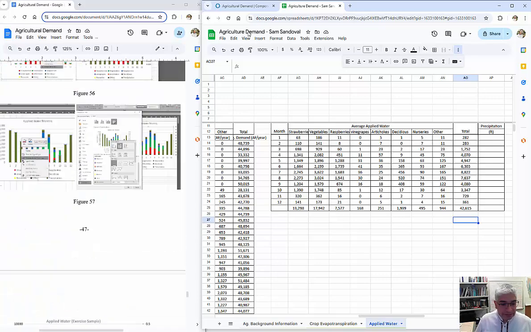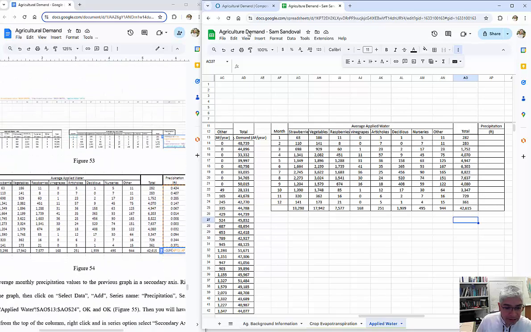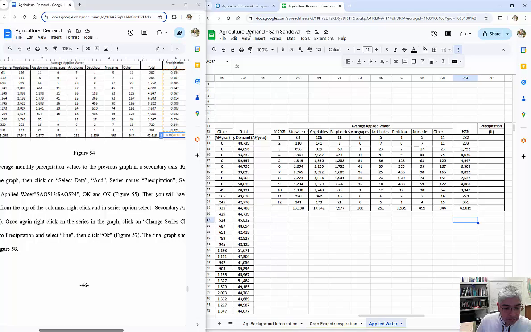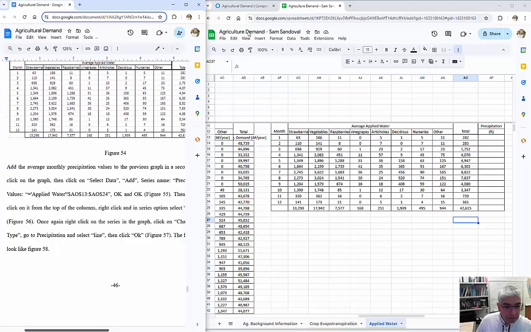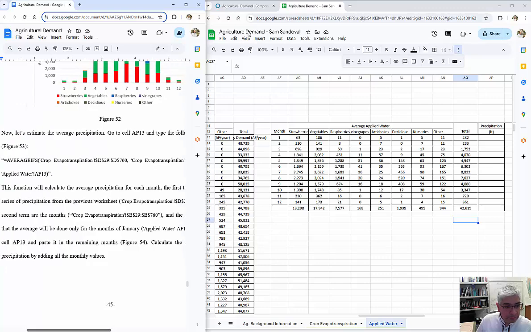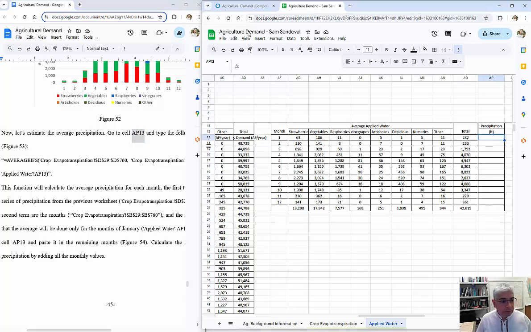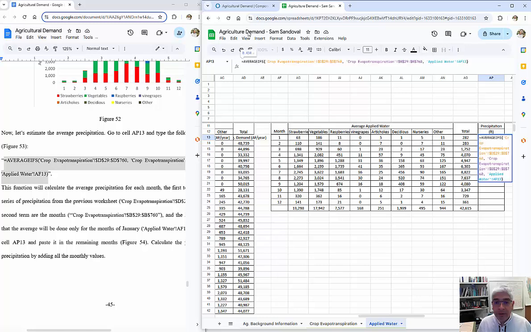Oh, I see how this is happening. Okay, so let's actually calculate now the average precipitation. In here we need to go to second, here, AP13, which is here. Then we'll go here. There you go. Basically, this will do exactly the same, do the average only for the Januaries, but on